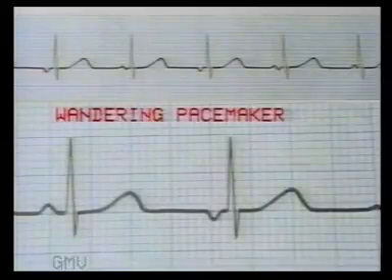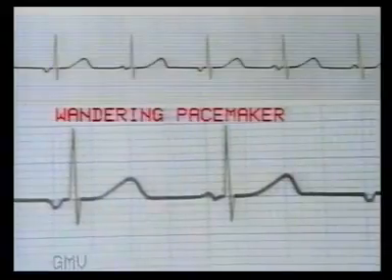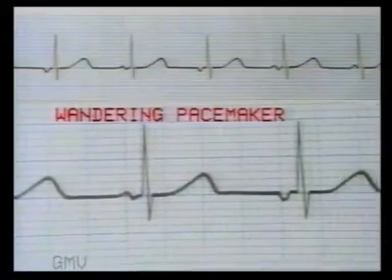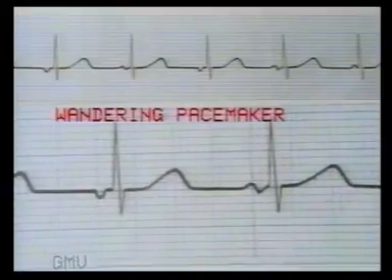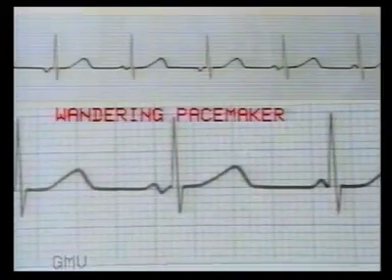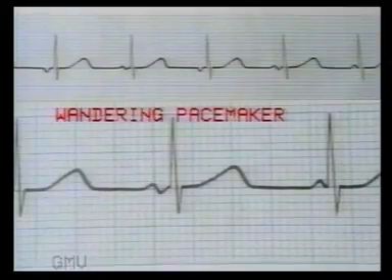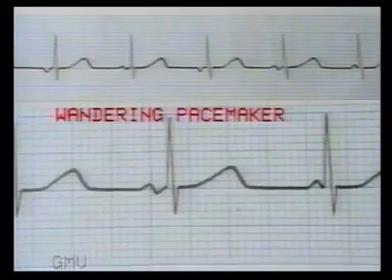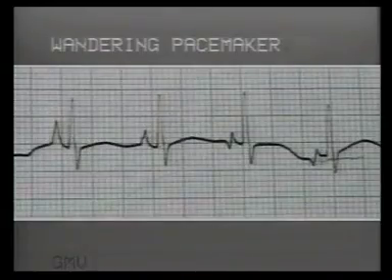This is another atrial rhythm, but observe the P waves carefully. Each P wave has a different contour, which means that each impulse is arising from a different focus in the atrium, and accordingly the PR interval also varies slightly from beat to beat. This is called as wandering pacemaker, sometimes seen in children and is harmless.